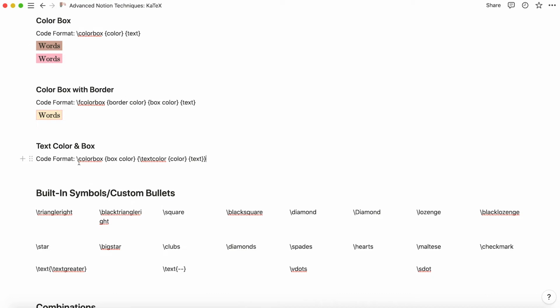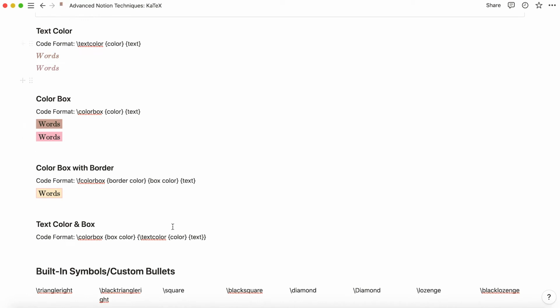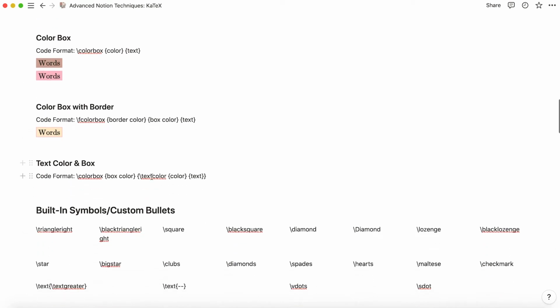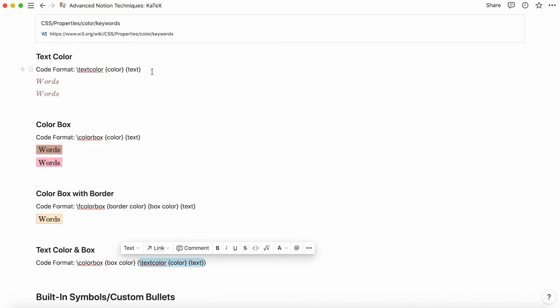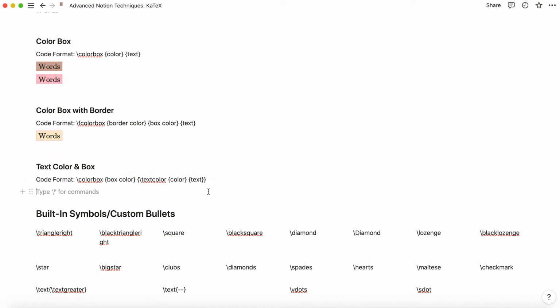So we start with color box because we want the color of the box that we want. And then in the text section, we add text color because that's what's going to be inside the box. But we also want to change it. So it's going to be \textcolor like we did up here, the color, and then the text. And then these curly brackets are just to separate things. So these two are still the curly brackets referring to the text. And then this inside part is what we want to be inside this box, or the design of these. So in practice, that looks like